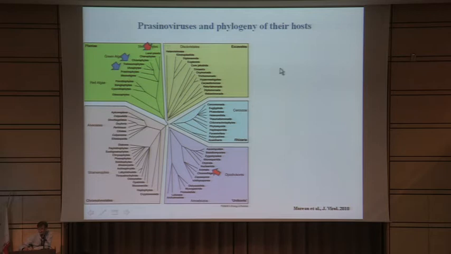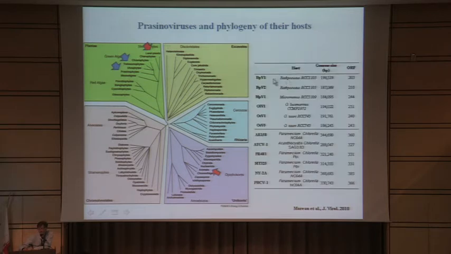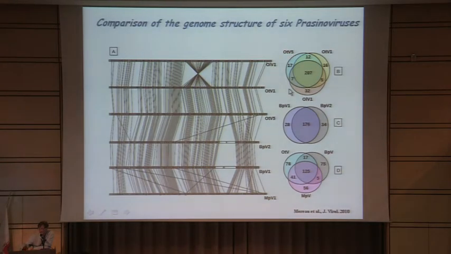And interestingly, there are 6 prasinoviruses which have been sequenced and 6 chlorella viruses which have been published also. And these are all double-strand DNA viruses with big genomes, about 200 kb for this one around, and bigger for the chlorella viruses, about 350 kb. And here you have the number of open reading frames for all of these viruses. Well, and just to come back on prasinoviruses, we'll focus on them.